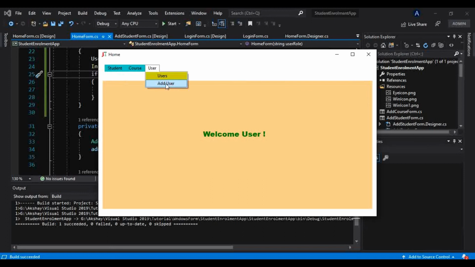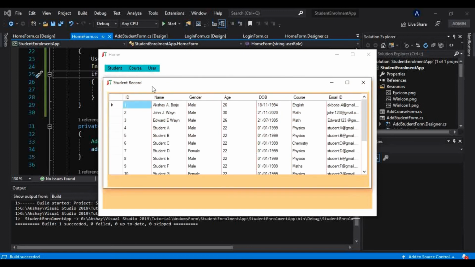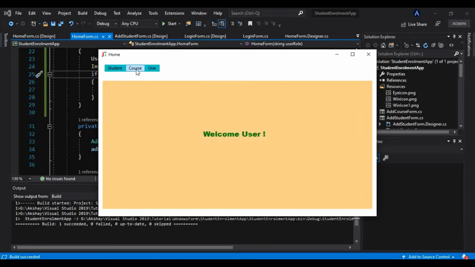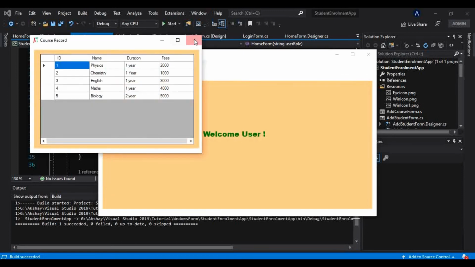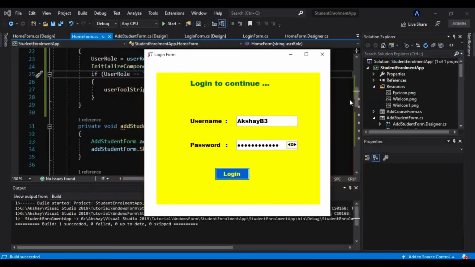this add user tab to be disabled for all the accounts except admin. Only admin can have the authority to add these users. And as well as what we want for viewer, all the viewer accounts, this add tab to be disabled. That is, viewer should not add these courses, add the students here, but he or she can only see the students, or let's say list of student or list of course here. Okay, that we want. So now for that we will provide one condition.